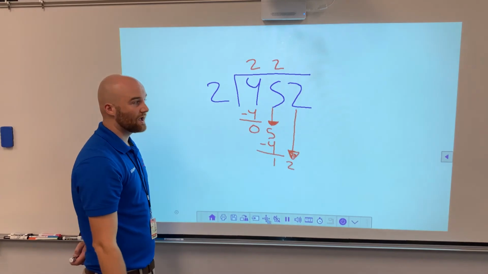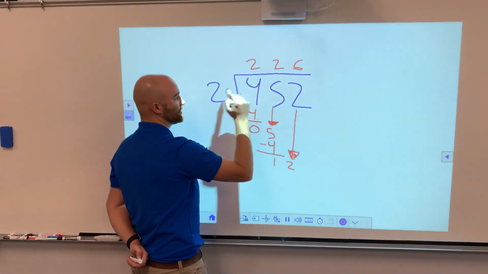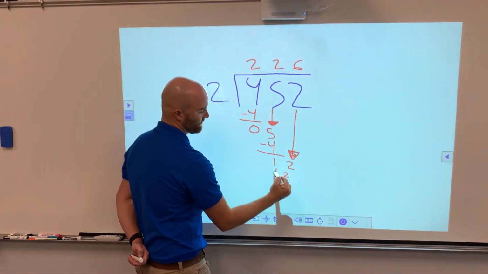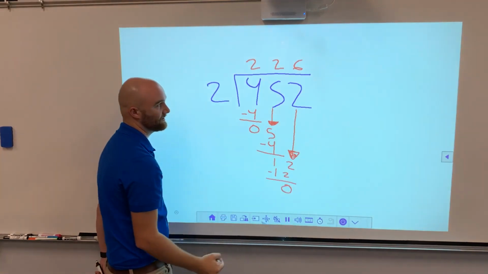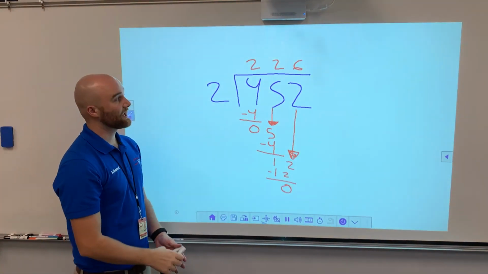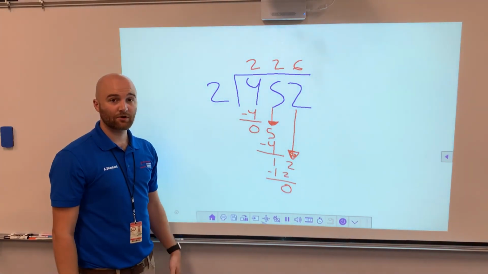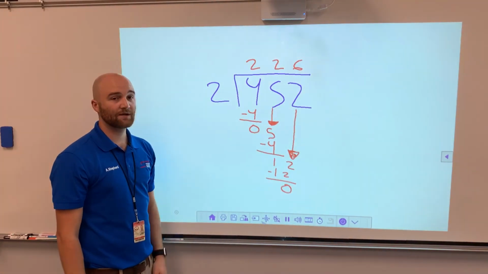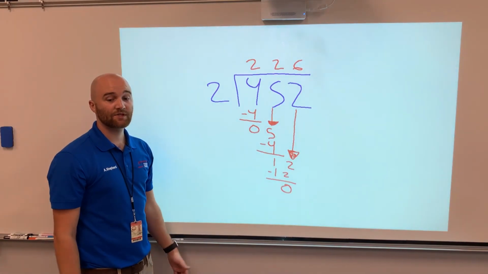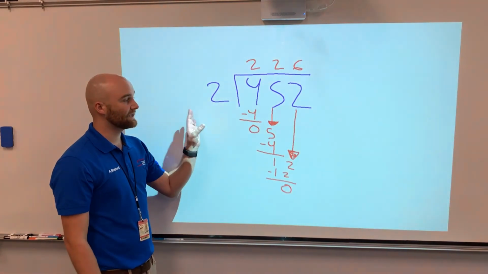Then 2 goes into 12, a total of 6 times. 2 times 6 gives us 12. We do our subtraction. I have a 0 here and nothing left to bring down. So our answer is 226. If you're usually getting numbers that are way too big, check and see if you're double stacking. If you're usually getting numbers that are way too small, check and see if you're lining up all the digits